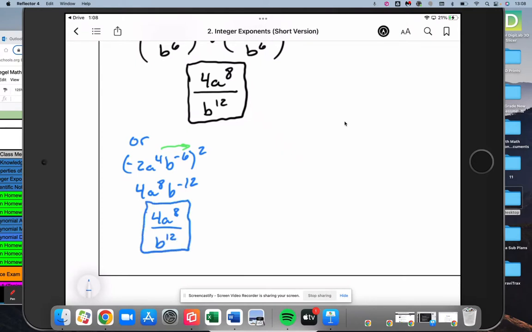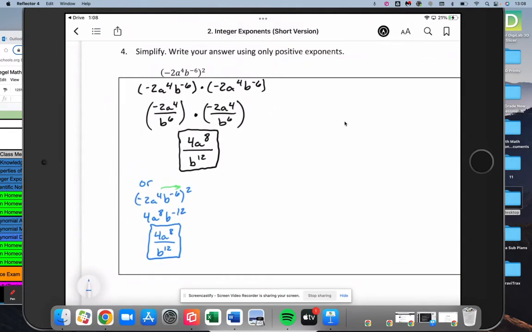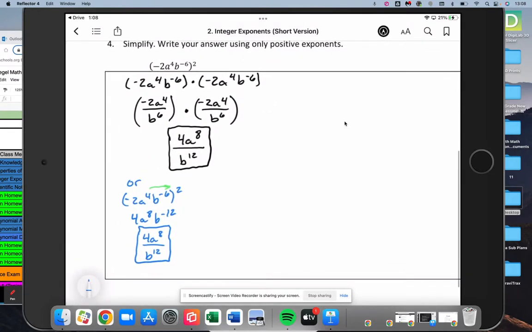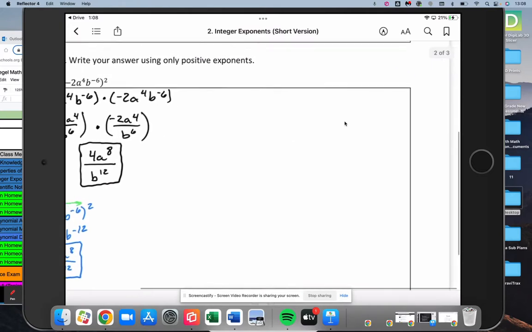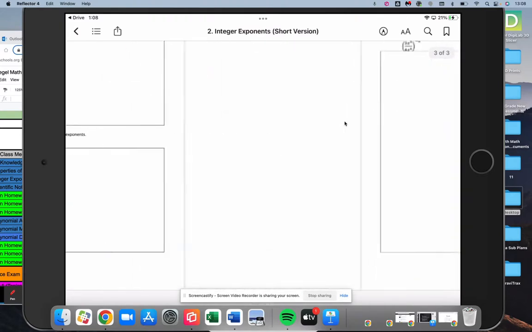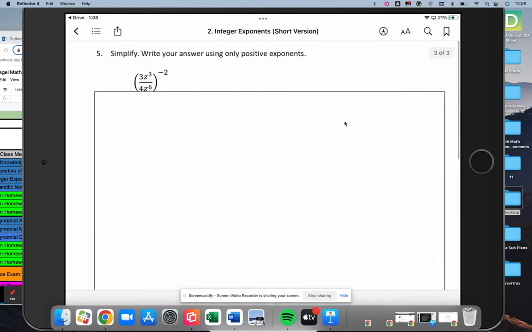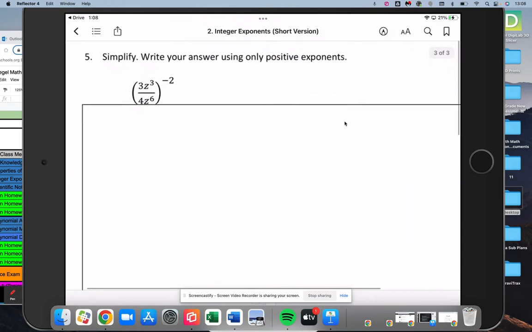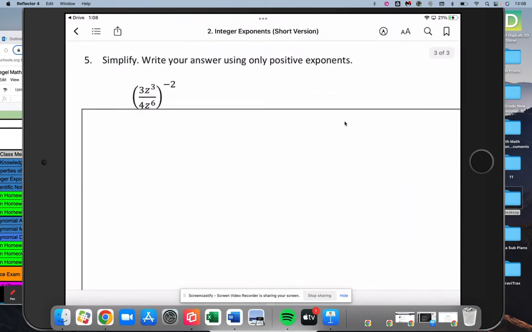Again, both methods work. And there is probably another method out there somewhere, but those are the two that I will stick with for now. Feel free to pause, but I'm going to move on to number 5. And number 5 is very much like number 2 in that we have a fraction